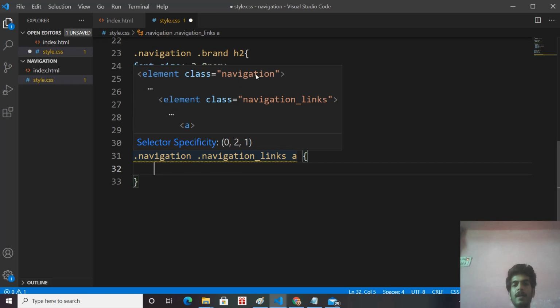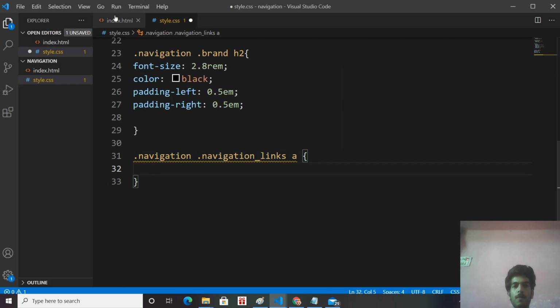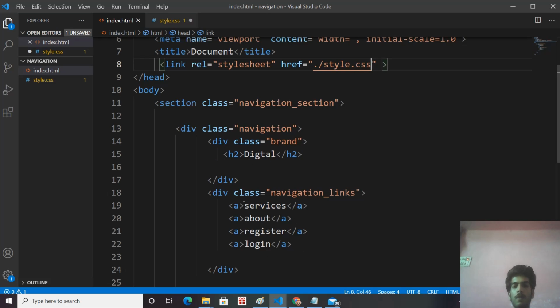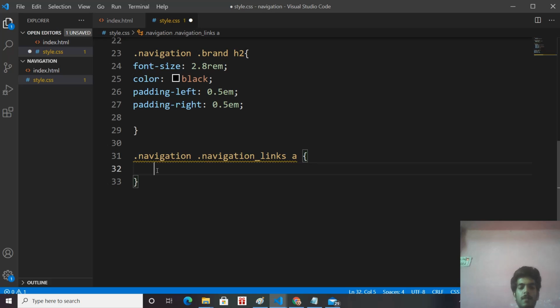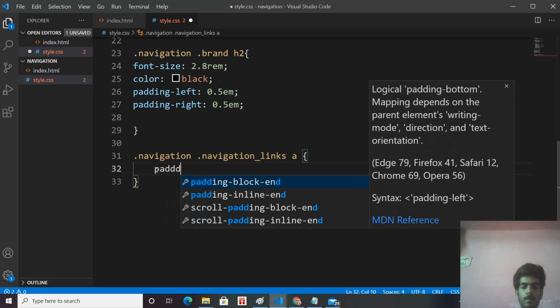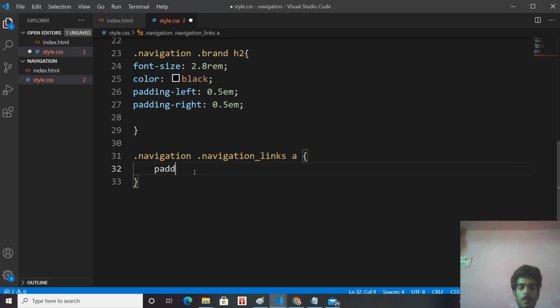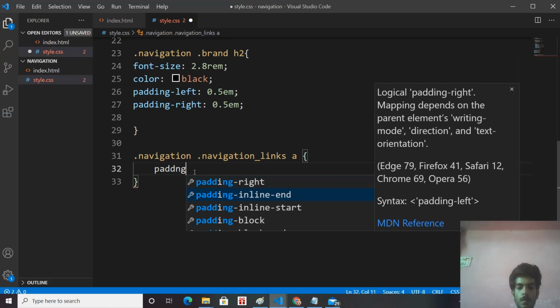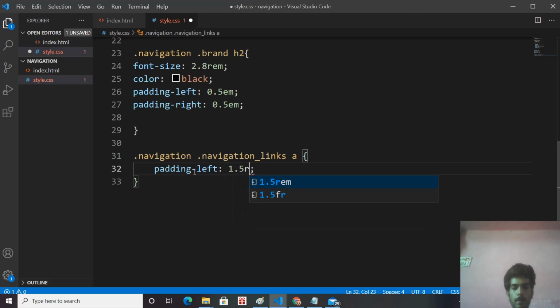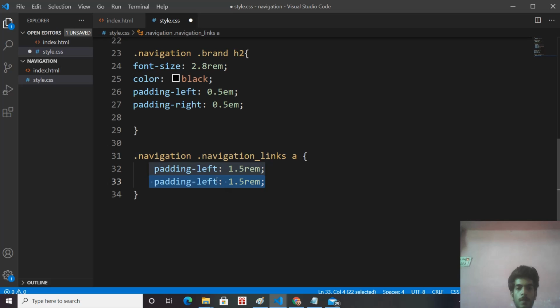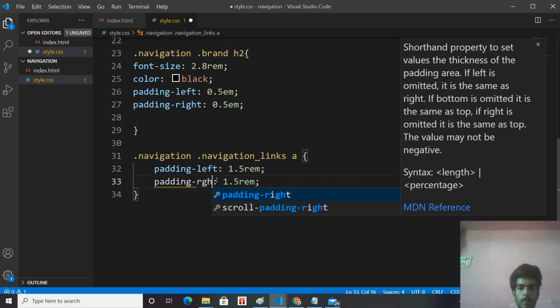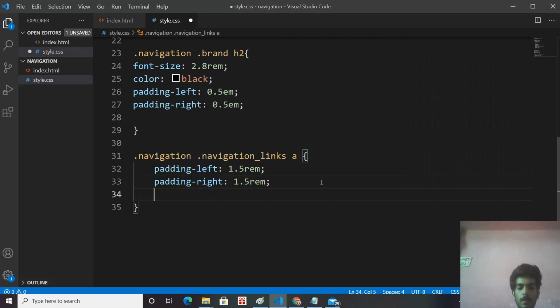We are in the navigation container, and in the navigation container we are in the navigation links, and in the navigation links it is going to select this anchor tag. We have four anchor tags, right? So it is going to select all the four anchor tags, and let's give padding left 1.5 rem, padding right 1.5 rem, cursor pointer,